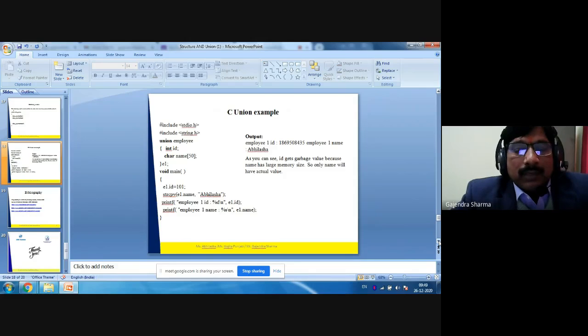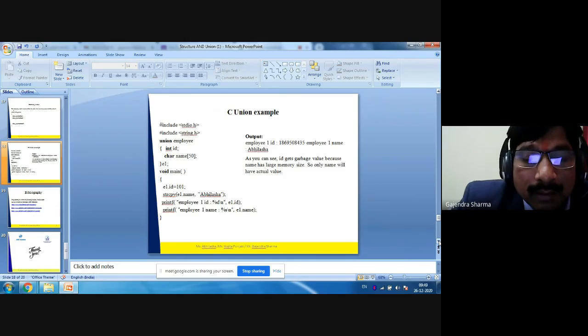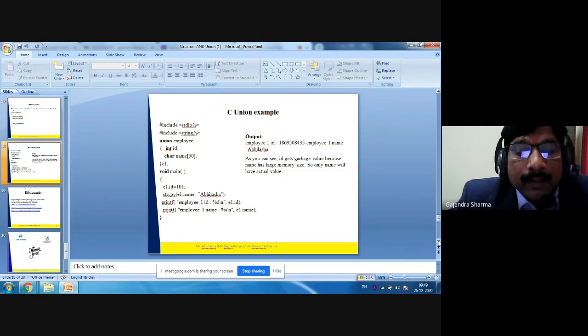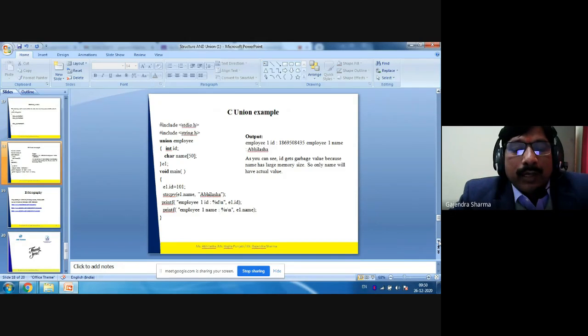It means we are initializing this variable using this value, or we are copying this string into this variable, right? Then printf employee id %d event.id and printf employee name %s event.name.